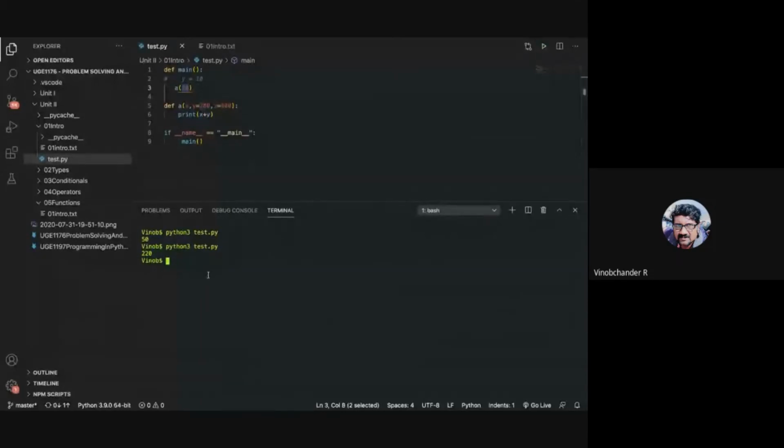All right, so these are default arguments. Now, one thing you need to remember with default arguments is that your default argument list should always come after your non-default arguments. Say for example, if I have this as 300, and if I have this as a non-default argument, this is not allowed.